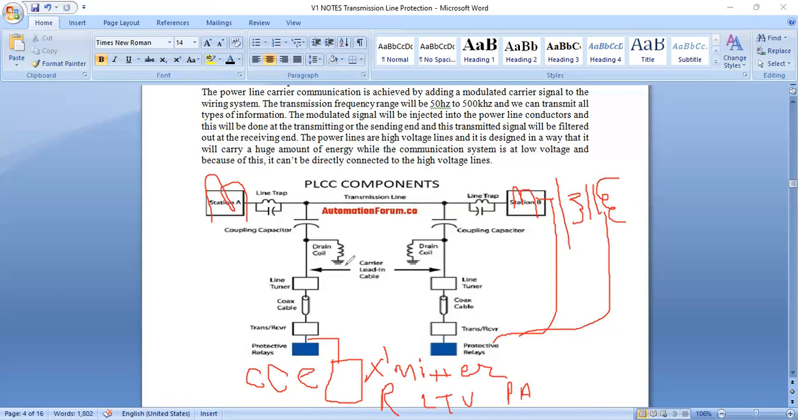Then again the second is the coupling capacitor. This coupling capacitor is also connected with this carrier current equipment, so that all the data will be sent to this circuit, that means the carrier current equipment. Similarly, transmitter, receiver, then line tuning unit, power amplifier, and the master oscillator also. So this power line,